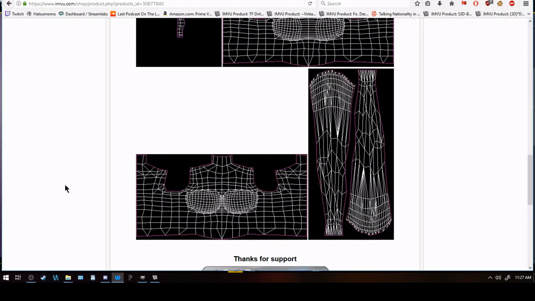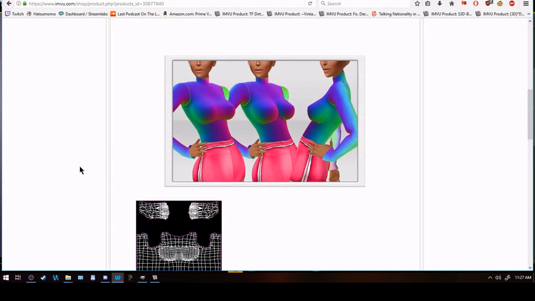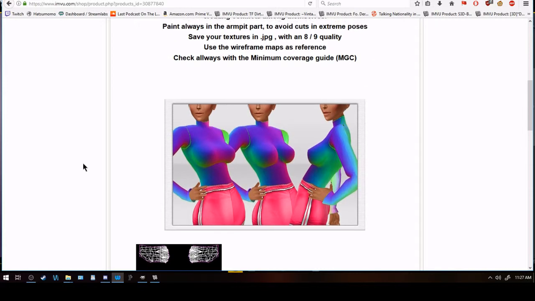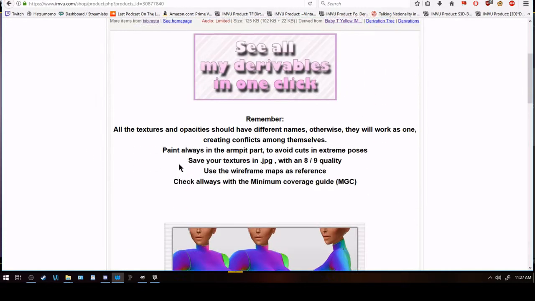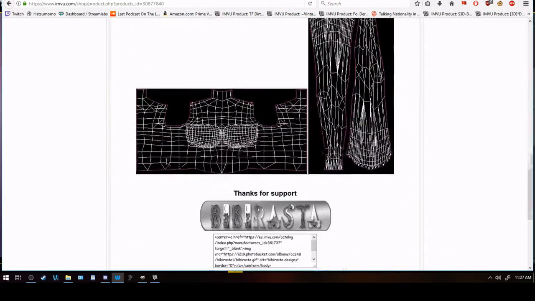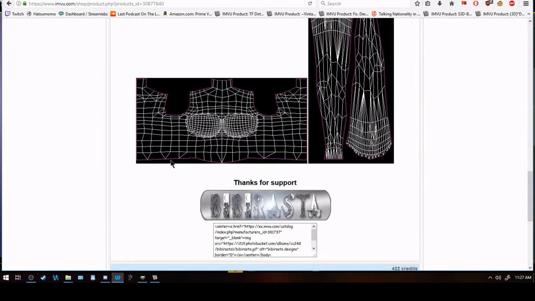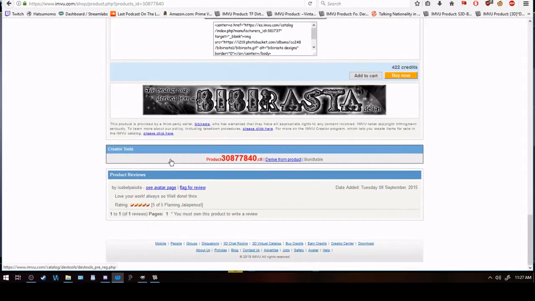All right, so this is going to be a basic opacity tutorial. Right now, you can see we're looking at a top. That's what it looks like, by BB Rasta. She's a great dev. Does a lot of meshes in lots of sizes. So today we're gonna make an easy tank top, like a basic tank top, but that's the easiest thing